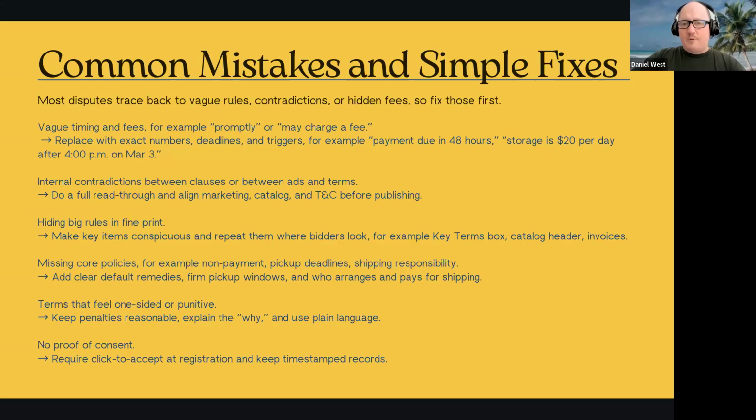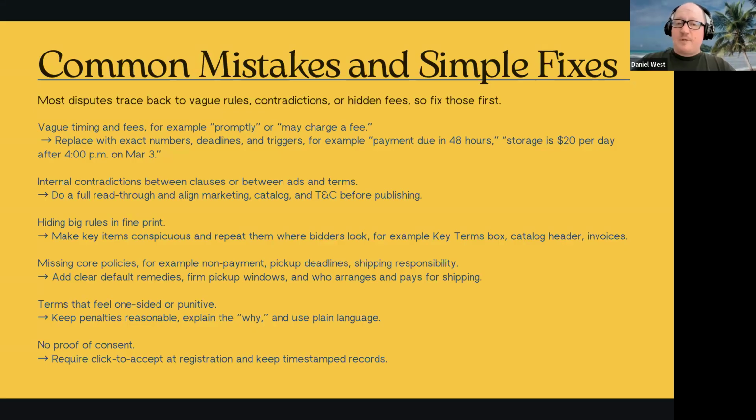You want people to be very, very aware of the terms and conditions of the sale, not just at the time that they agree to them. A lot of people think about this in terms of court, like getting sued, and that's important, right? You want the terms to be conspicuous and repeated because that way you can prove to a judge that you tried to let them know what the rules were and you were enforcing them. That's good. I hope you never get sued, and hopefully you're never in front of a judge.